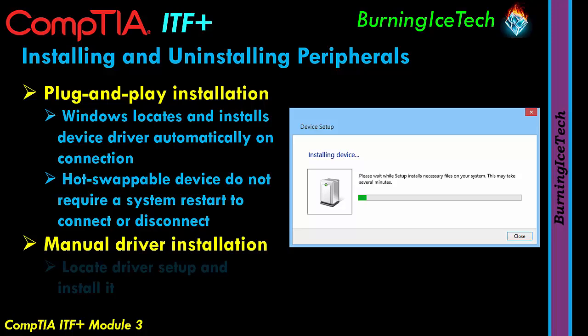So you're going to have to go and manually locate the driver setup file, wherever it might be. Maybe you've downloaded this from the manufacturer's website, and then you are, of course, going to have to manually install the respective driver. Now, speaking about installing drivers and devices, you guys are also going to have to know how to go and